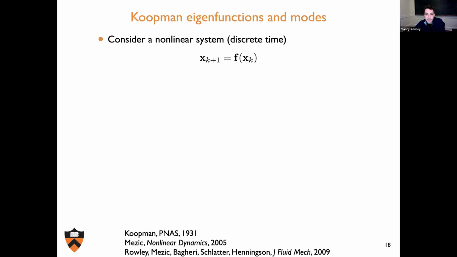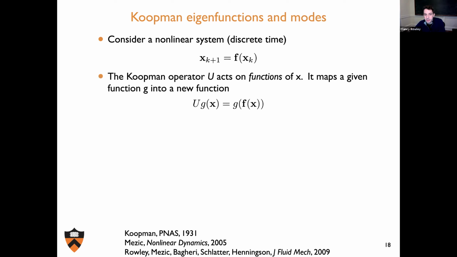So let's say we have a nonlinear system, a discrete time system here, x_{k+1} equals f of x_k. So we're going to consider functions of the state x. And the Koopman operator will act on functions of x, like complex valued functions of x. So if you take a function g of x, a complex valued function, U will map g into a new function Ug. And Ug at x is just g of f of x. That's just composition. That's all this operator is,